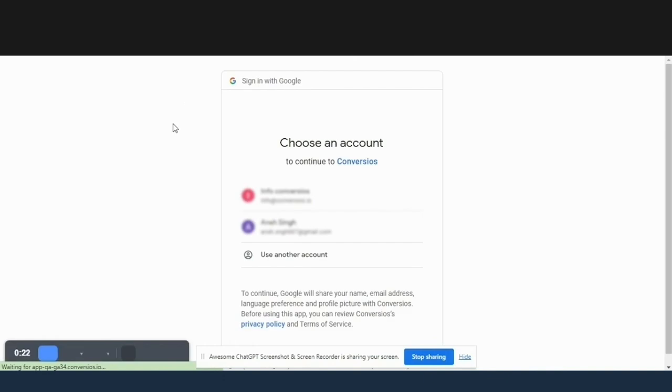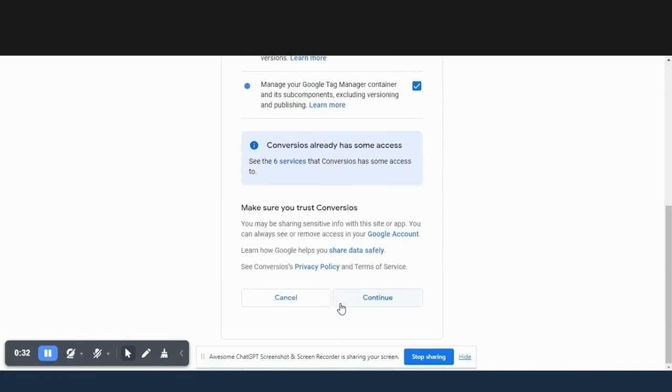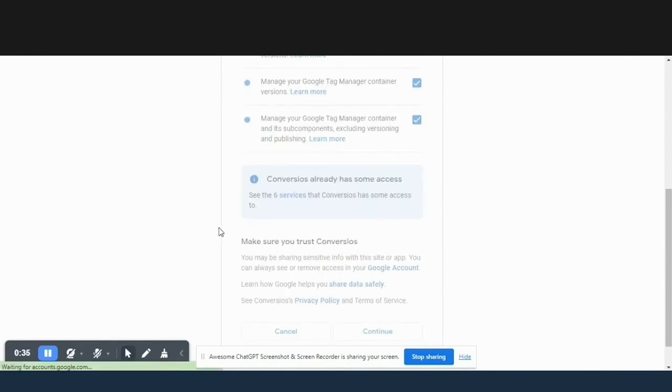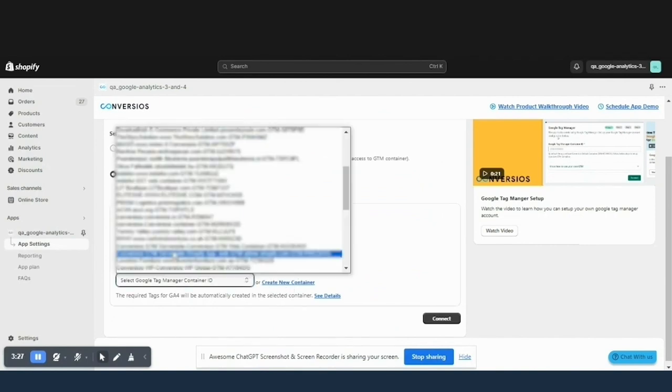You will see a pop-up window. Be sure to sign in using a Google account that has admin access to Google Tag Manager. Click on Select All to provide complete access and other information to use the app's functionality, and click on Continue. Once you have enabled all the required permissions and signed in with your Google account, you will be able to